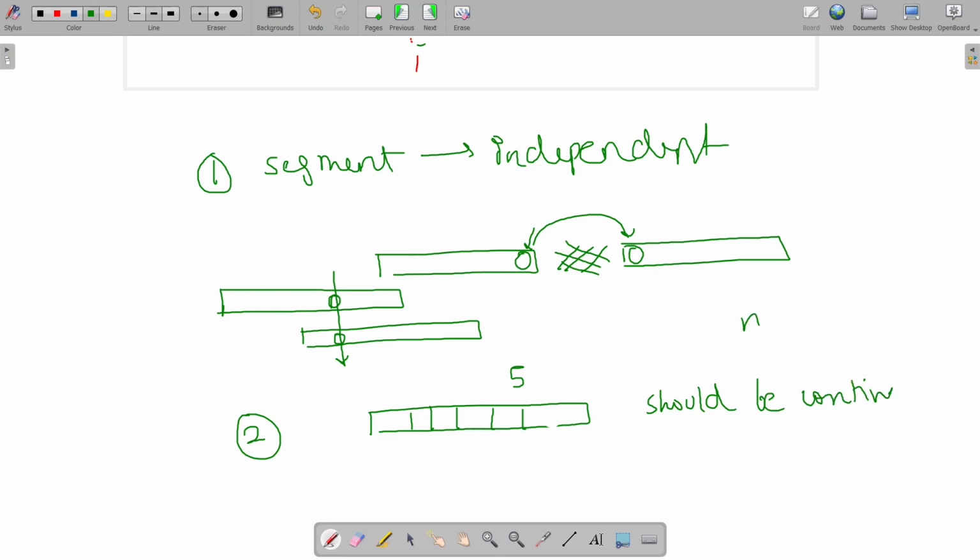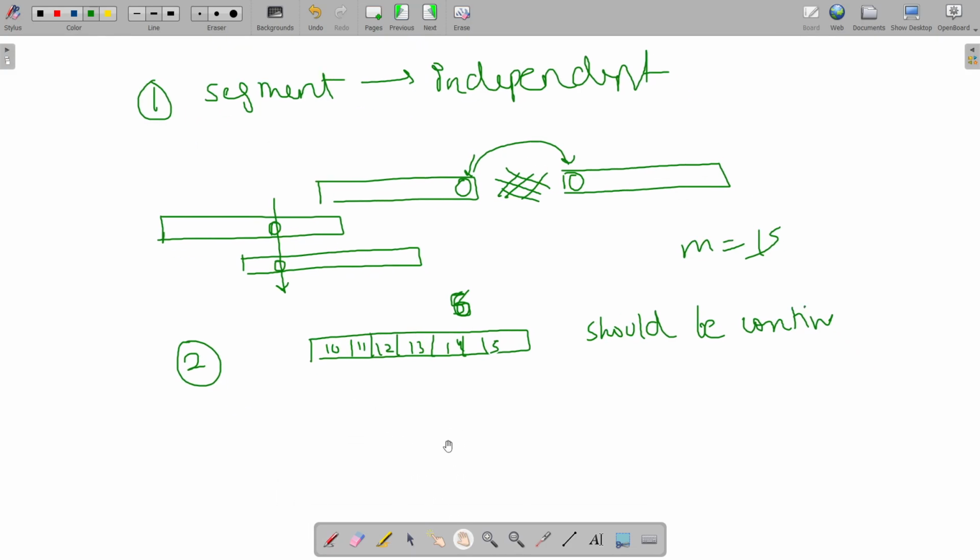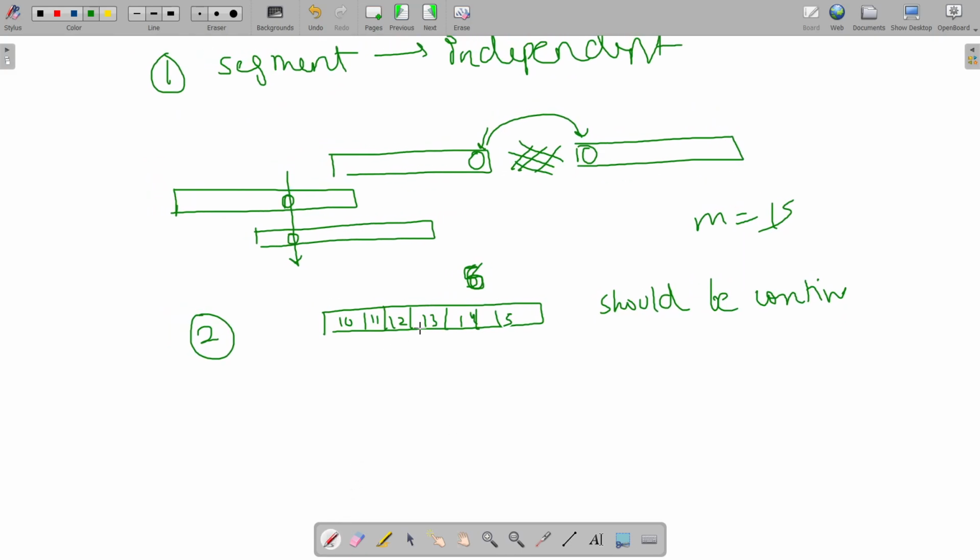For example, if m is equal to 15, we could place elements like 10, 11, 12, 13, 14, and 15 here. I think 3, 4, 5, it would be 6. So in each segment, the elements which are placed should be continuous. And why is that? Well, the reason is, suppose instead of placing a 13 here, first of all, for this